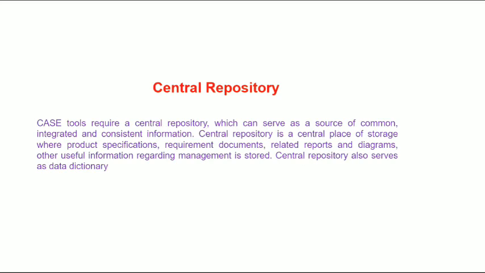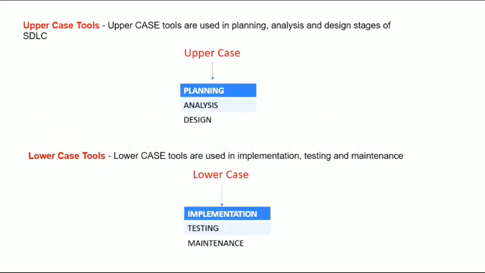Now coming to the next one, that is the upper case tools. As you can see, the upper case tools are used for the first three things of your SDLC model. The first thing is your planning. After the planning, that is the information gathering and other planning, you go into the analysis, and after the analysis is over, the SRS is ready, and you go for the design. These three things, instead of doing them manually, you can make use of any software tool to do it, and the part that does it is known as the upper case.